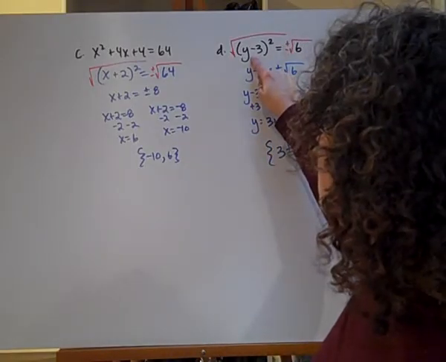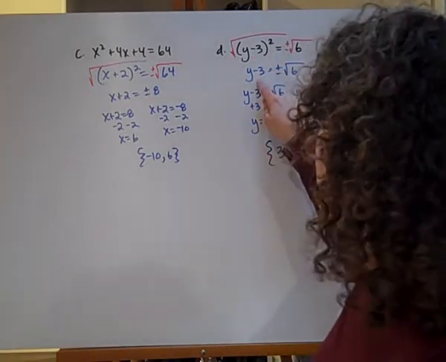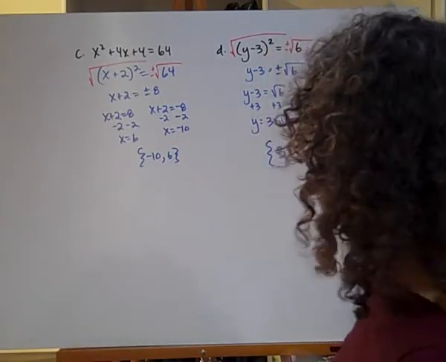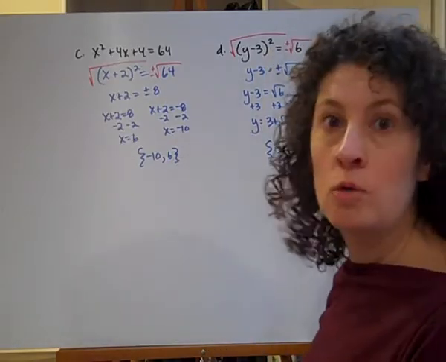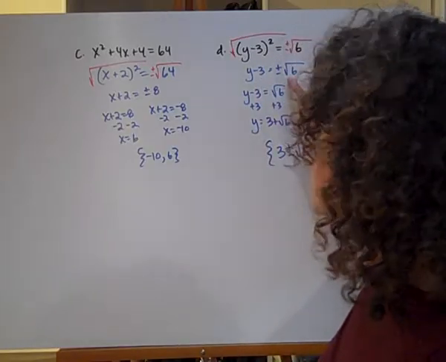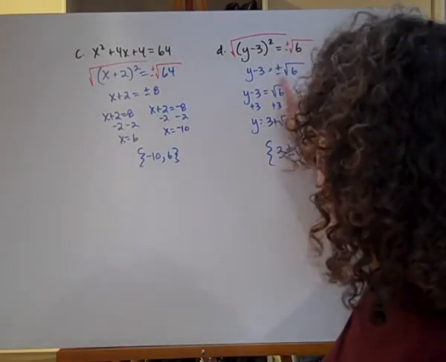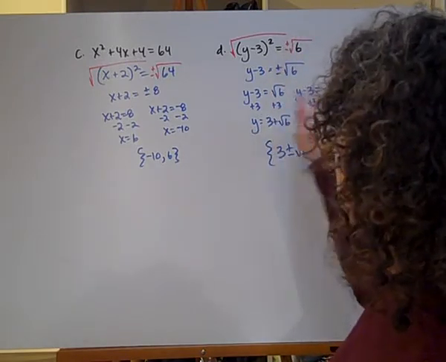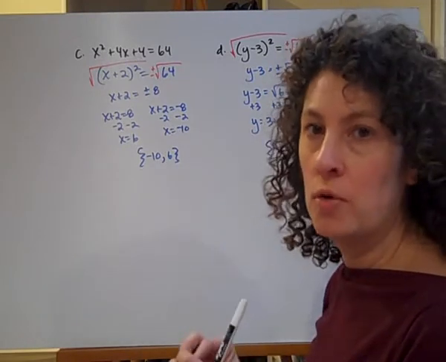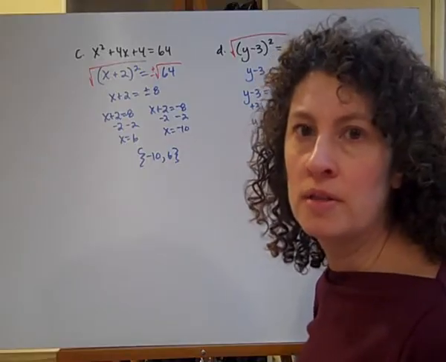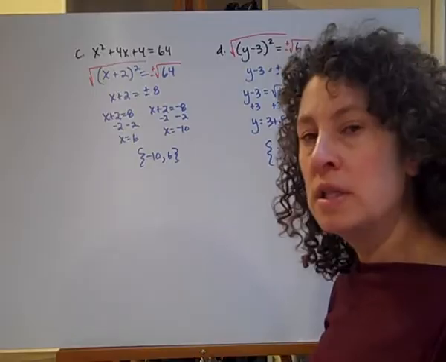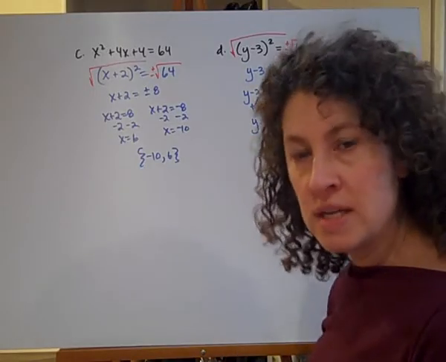So I'm going to take the square root of (y minus 3) squared, which is y minus 3, but then I want the square root of 6, which isn't really friendly. So I'm going to leave it in what we call radical form. I'm going to leave it with this square root symbol here, the radical symbol. And I'm just going to put the plus and the minus in the front there. So now I'm going to work with it with that radical form. I'm not going to grab my calculator and write this as a rational or an irrational number as a long decimal. I'm going to leave it in the radical form, the square root of 6, and work with it like that.